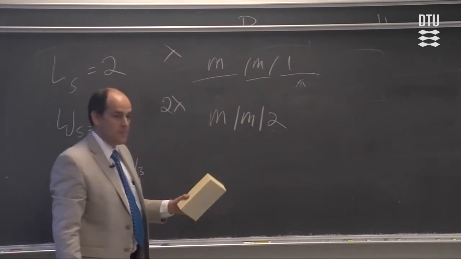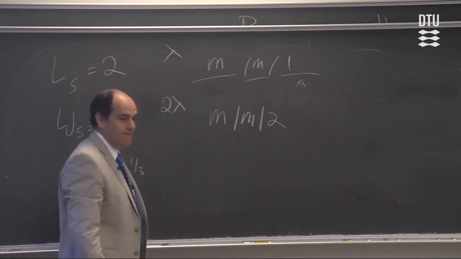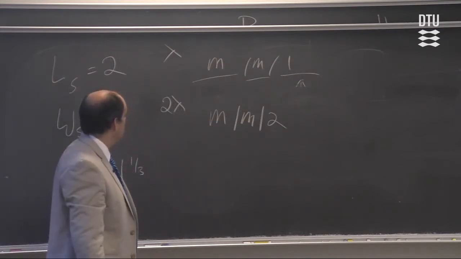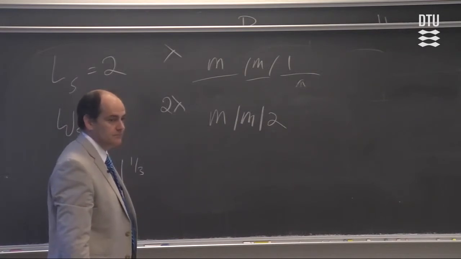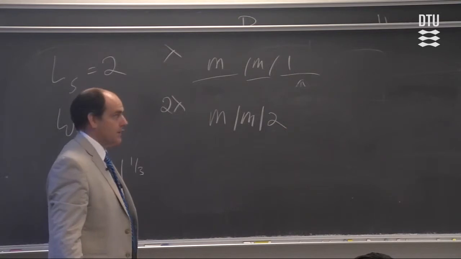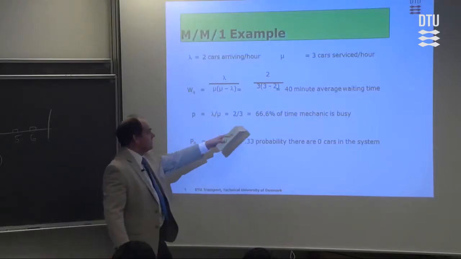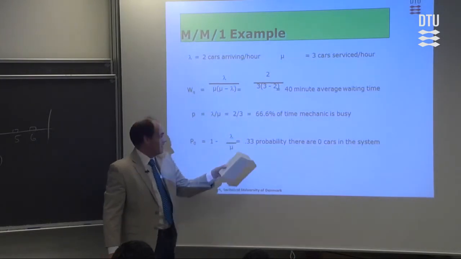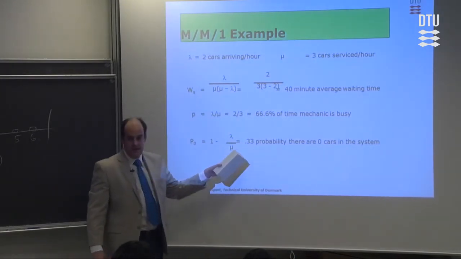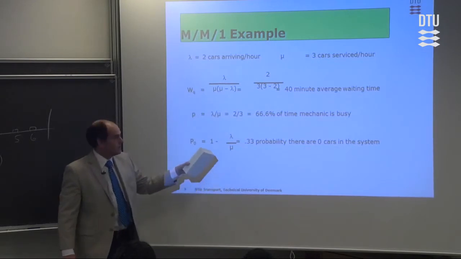What about if you increase the lambda and don't change the... Then the service gets worse because this formula. Yeah. You increase lambda and you leave mu the same, and this number gets higher, and this number gets lower, and you're making service worse. You're making service worse. But